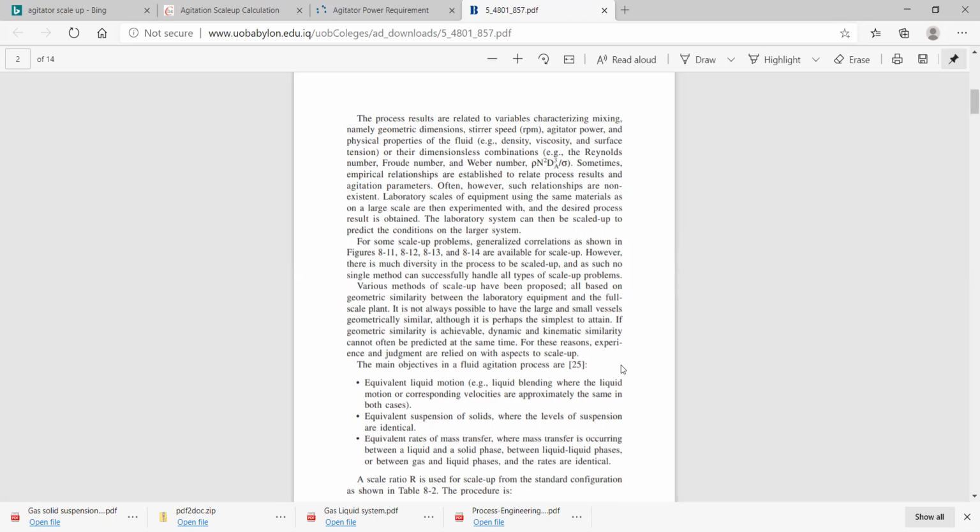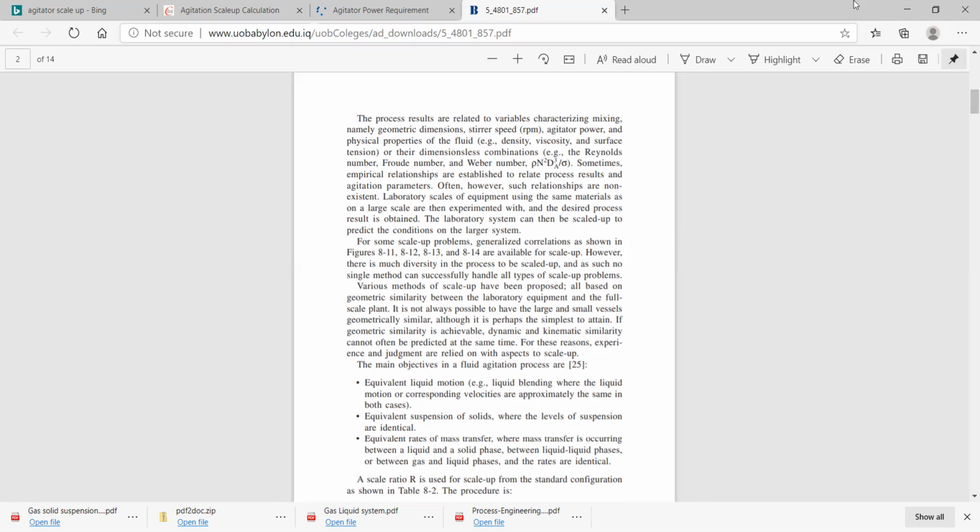Laboratory scales of equipment using the same material as on a large scale are then experimented with until the desired process result is obtained. The laboratory system can then be scaled up to predict the conditions on the larger system. For some